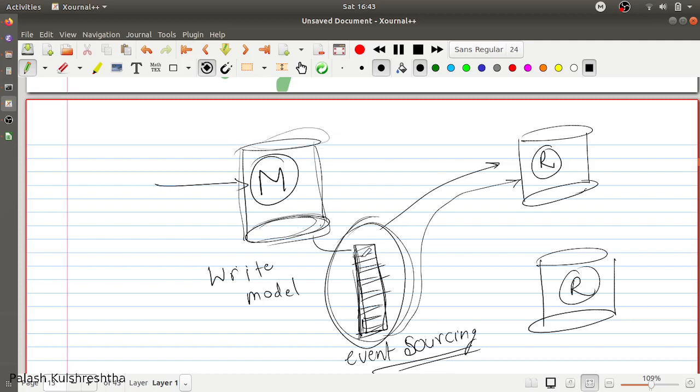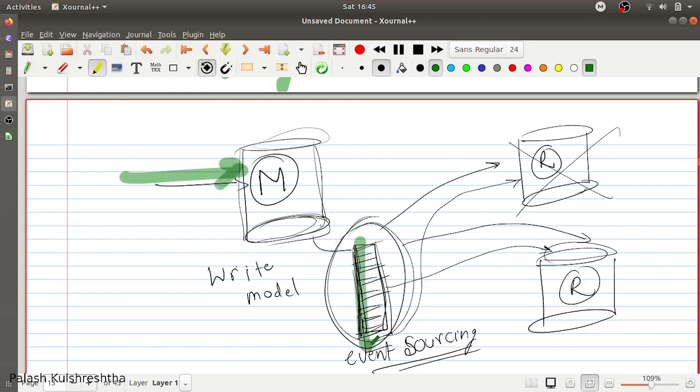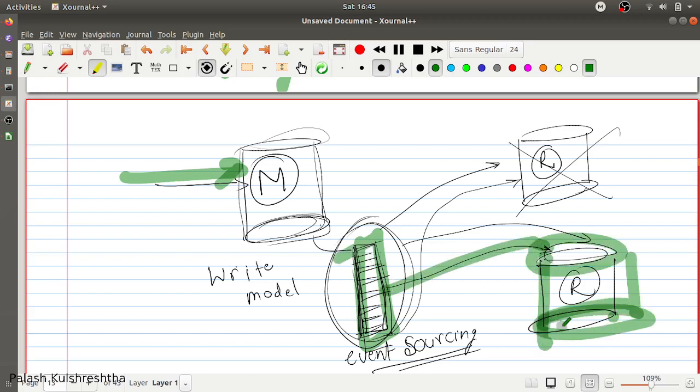And similarly, you can use this event queue to replicate your data to any other slaves. And if your slave goes down, you can still replicate your data. And using this, you can create any type of view that you want to create. So you have all these events that are coming to your main database, and since they are in your write queue, you can basically recreate any sort of read view over it. And if you lose the data, you can basically recreate the data.